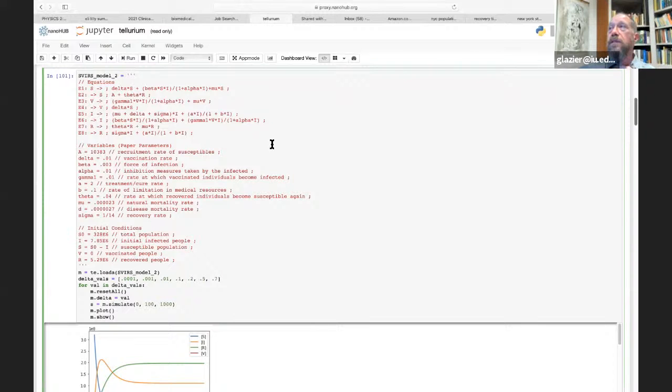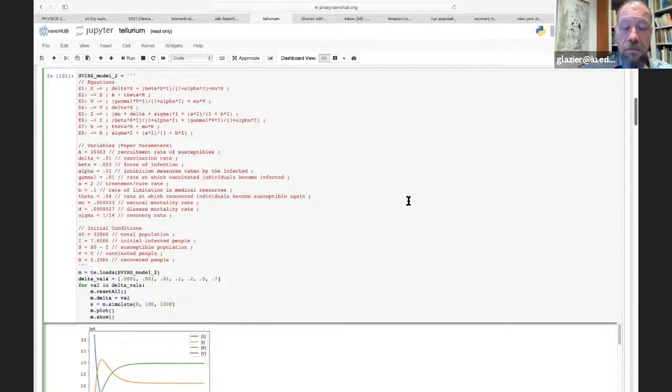So this would be equivalent to writing, let's turn it into ODE, dS by dt equals, let's do the positive one first, A plus beta times R